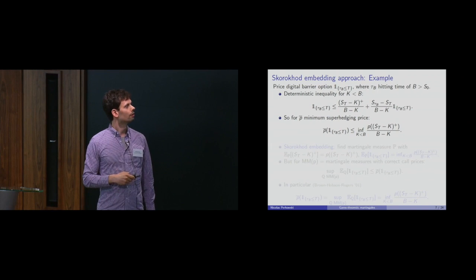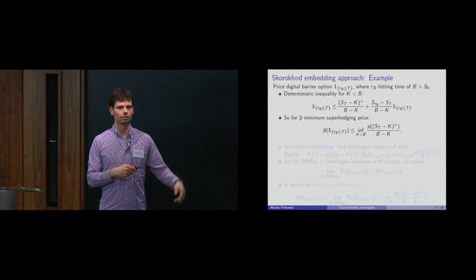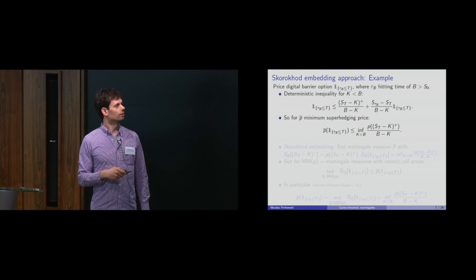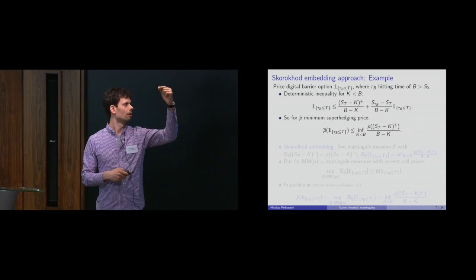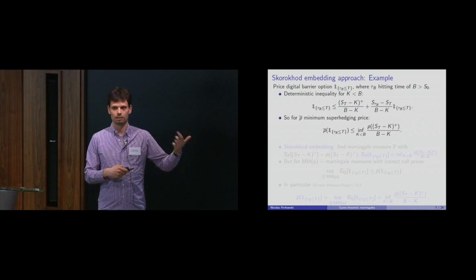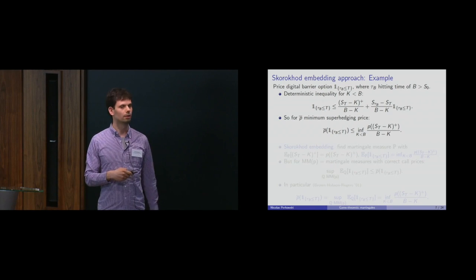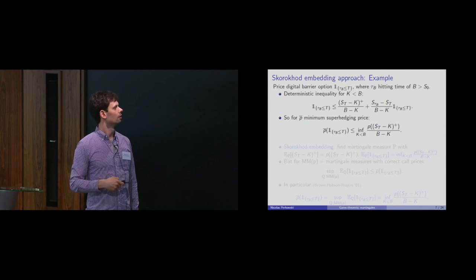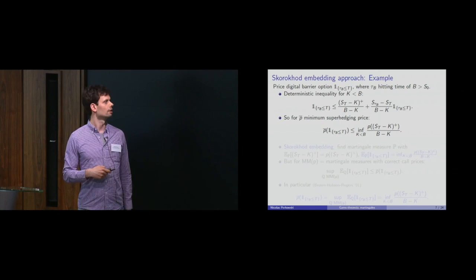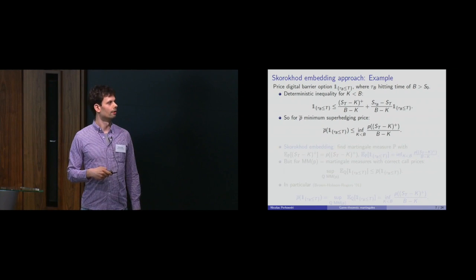But then what do we have here? So this here is the payoff you get from a call option times some factor. And this here is what you get by short selling, at the time when you hit the barrier, 1 over b minus k units of the asset. Okay, so this one you can buy for free. You don't have to start with any endowment to begin with. And this one, well, for this you have to pay the price of the call option divided by b minus k. So the minimum superhedging price should certainly be lower than this thing here, right?